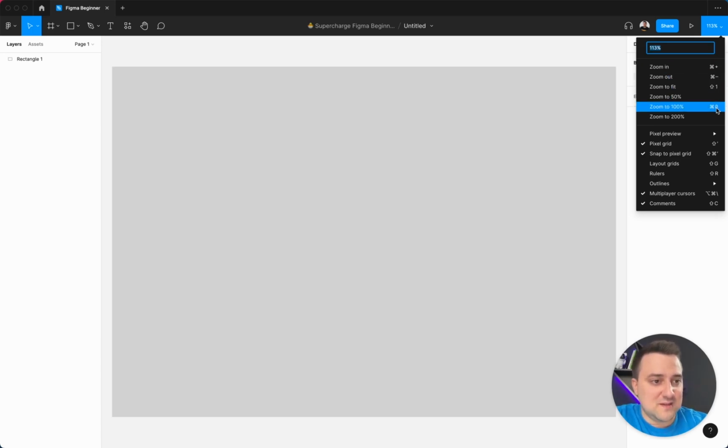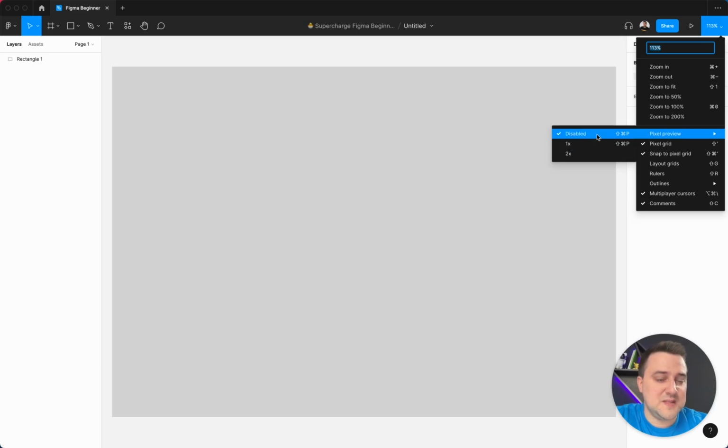But you can see that, for example, on Mac, if I hit Command 0, it's actually going to zoom in to 100%, which is something that I'm going to be often using to ensure that what I'm looking at is at the exact same size that someone else is going to be looking at it. You can zoom in further. You can manage your pixel preview, which is basically best to leave disabled for most of your design work, unless you're working on some things that are really small and you want to ensure that